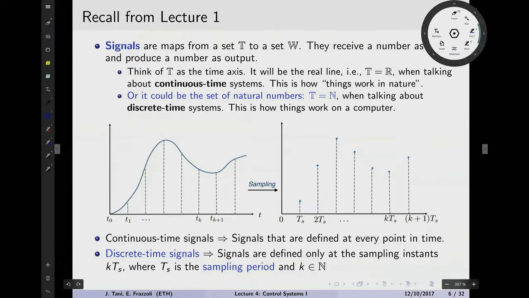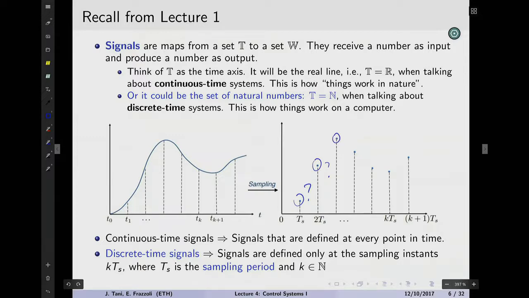In discrete time, there is nothing in the middle of sampling instances. So the signal is evaluated, sampled, at specific time instances. The specific time instances are called sampling instances. What we are going to look at is discrete time systems where the sampling is uniform. It means all these sampling instances are equally spaced apart in time. So we've got a constant sampling period, Ts, and then our world, from the point of view of discrete time systems, is just the states and outputs evaluated at those specific time instances kTs, where k is a natural number.